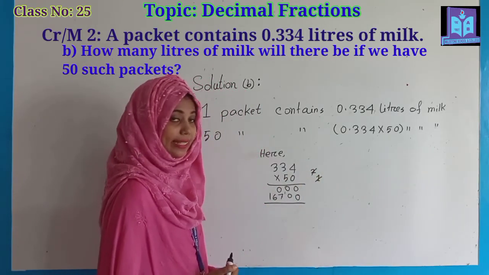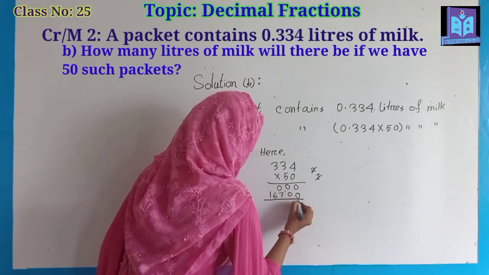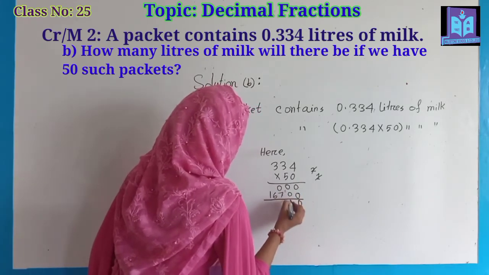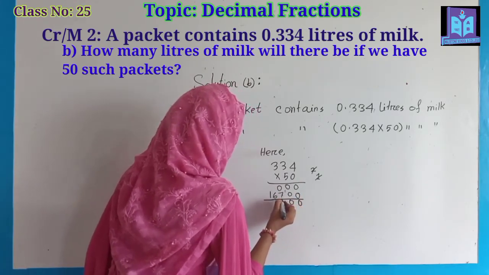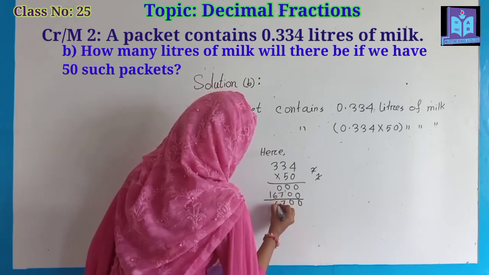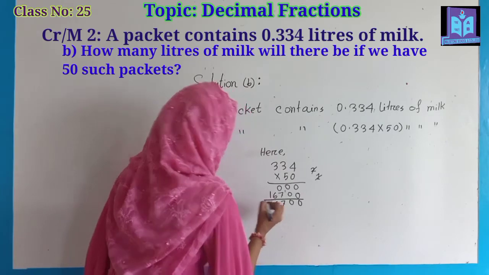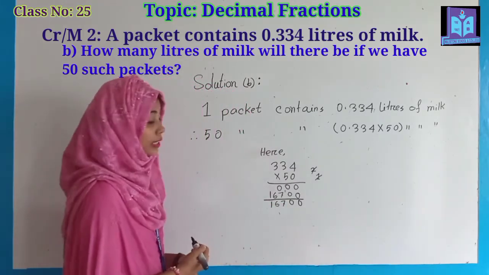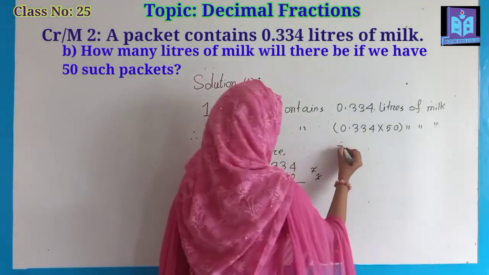Now we are doing addition. 0 plus 0 is 0. 0 plus 0 is 0. 7 plus 0 is 7. Here is 6 and 1. So I got the product. Our product is